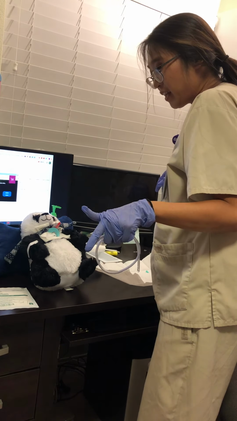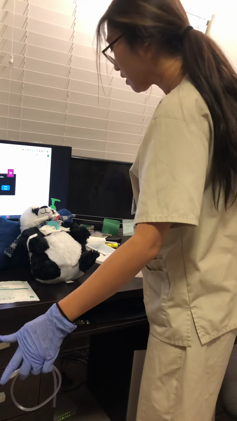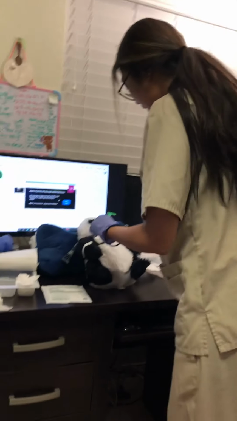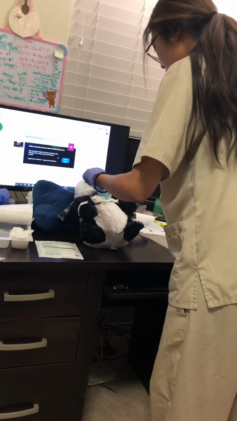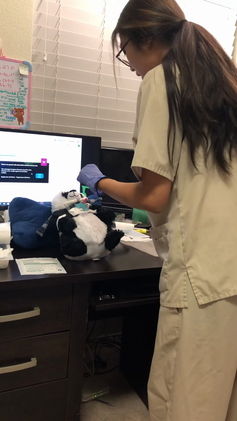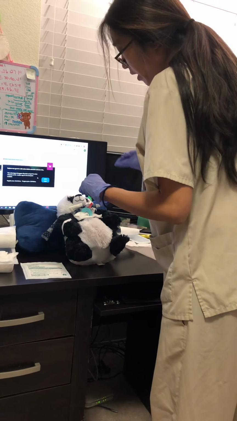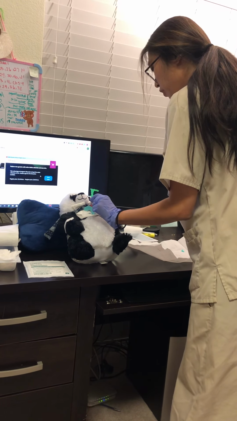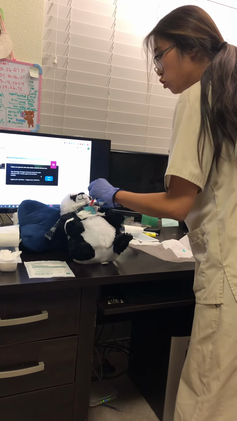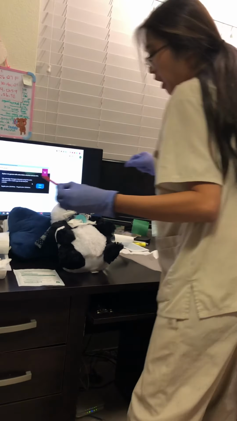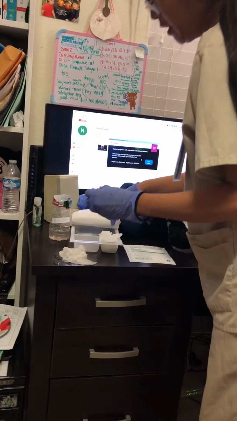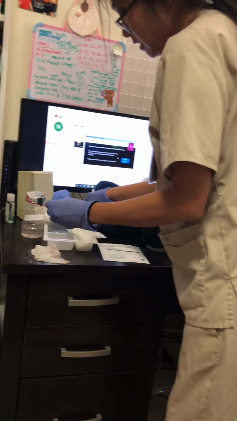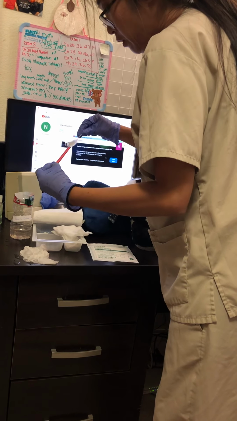Okay, so I would discard of this now, and then I would take the gauze. I would then take the inner cannula with my left hand, and this would have a thing where you can just clip it, but this is just a straw for demonstration. And then I would have this already with solution, sterile water. I would clean it with this. It doesn't go in, but I would clean it